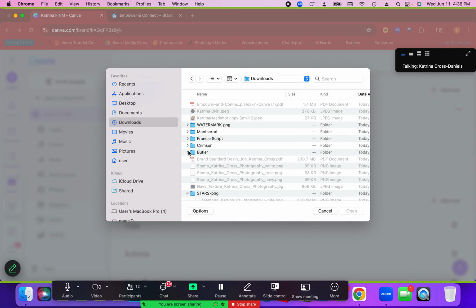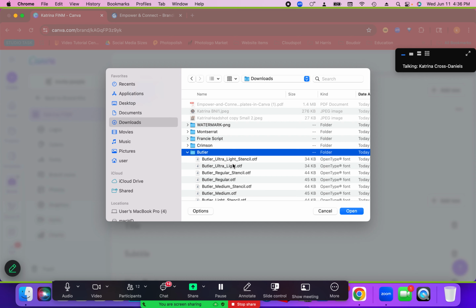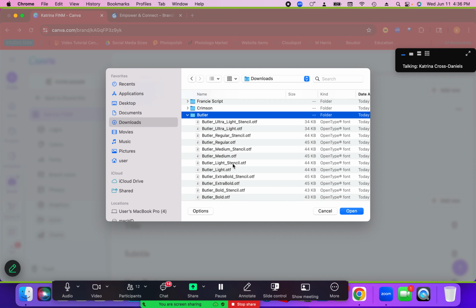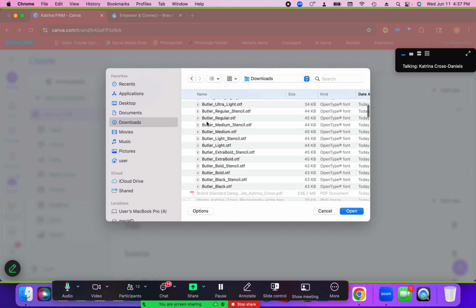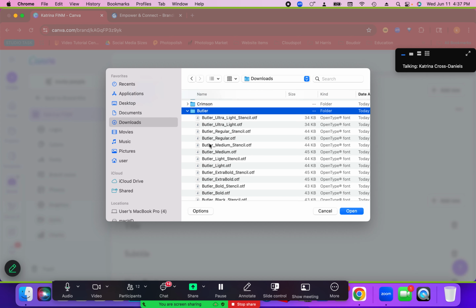So let's see with this Butler. And when you purchase or find fonts on Google that's free, or another font site, I think it's one called Dafont. When you find a font and bring it in, sometimes it comes over in different variations of that font, like ultra light, regular, medium, bold, but it's all that same font. So you may get the whole kit for that one font, which is great if you get all of that. So I'm going to just see if it'll let us do